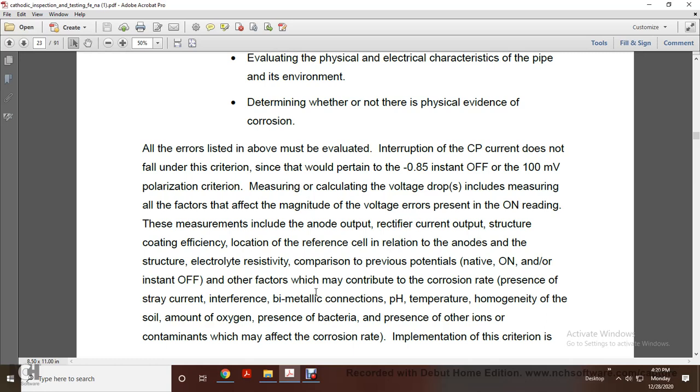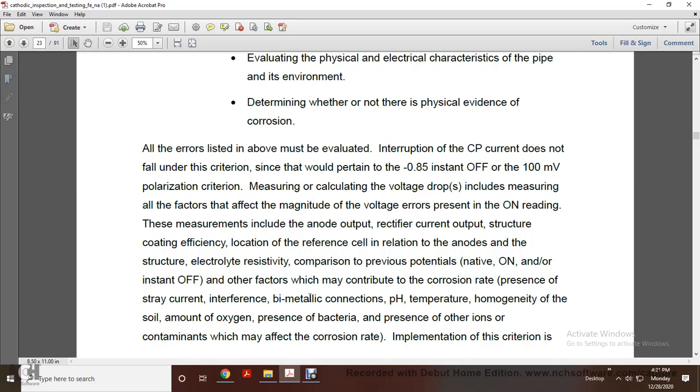Measuring and calculating voltage drop includes measuring all factors of magnitude, voltage drop, and voltage errors present in the on reading of the measurement. These include the anode output, rectifier current output, structure coating efficiency, location of the reference cell in relation to the anode and the structure, electrolyte resistivity, and comparison with the previous native potential and on and/or instant off potentials. Other factors that may contribute to corrosion include the presence of stray current interference, bimetallic connections,